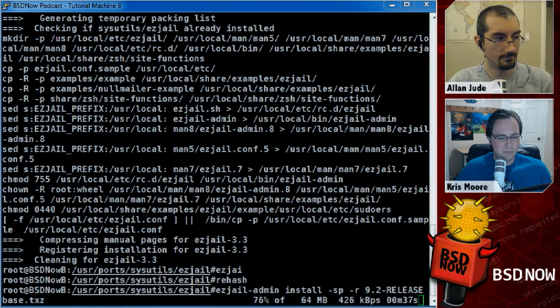Well, that's one thing. I don't know if Paul mentioned it in our interview, but talking to him, he talked about jails being a one-way mirror, where if you're on the host, you can actually peek into what's going on in the jails. Since it's just a directory, that makes it really easy to do. It's not like you have to bring up a vdisk image and actually load the machine to analyze it. You can even take the jail down and then peek in, see what's going on. Exactly. And the other thing with that is,